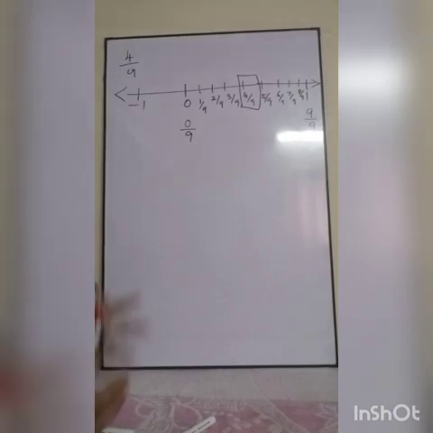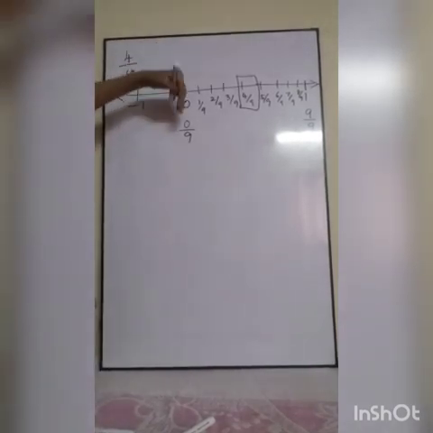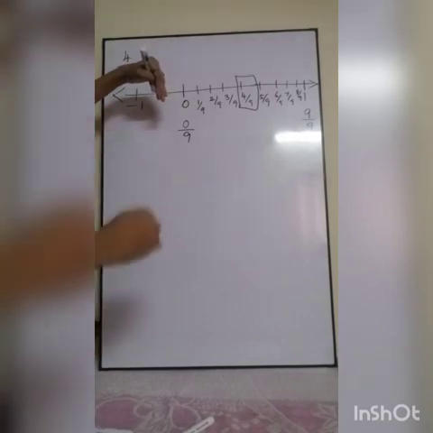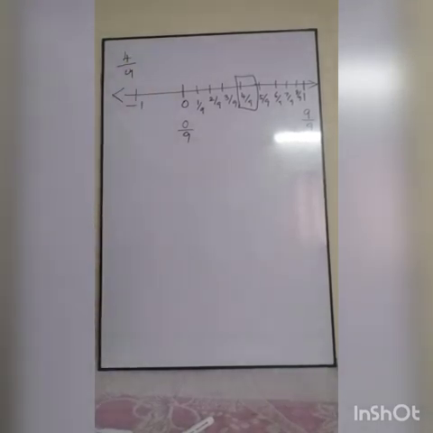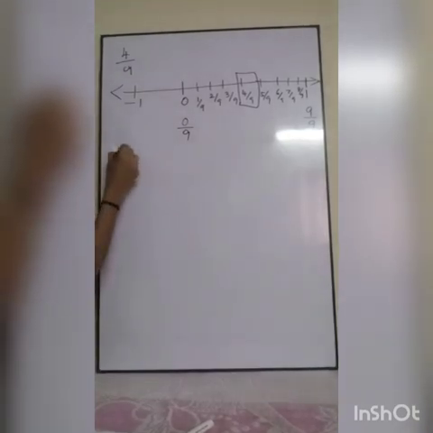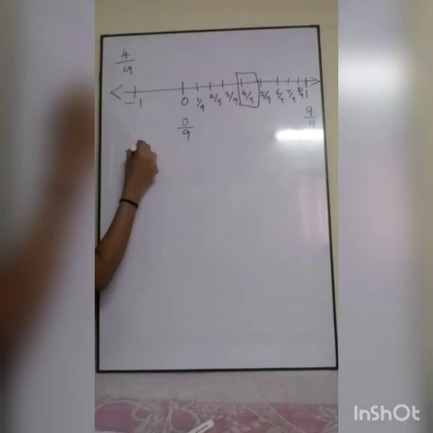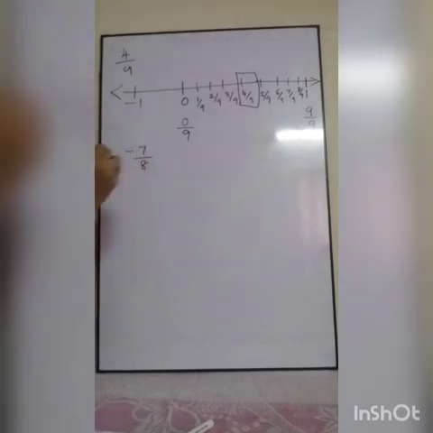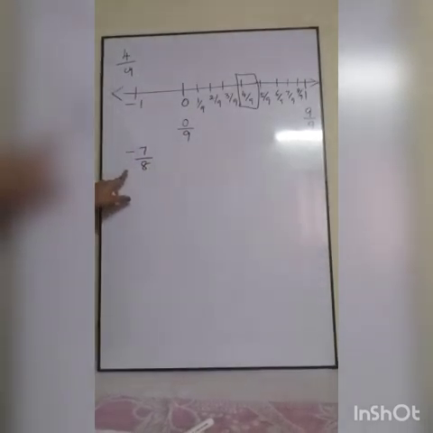The rational numbers also, even though if you are going inside, there will be lots and lots of numbers inside that rational number. The same rational number is like a vast concept. Okay, children, I am going to represent minus 7 by 8 on the number line. So minus 7 by 8 is also a rational number. You don't have any doubt, right?